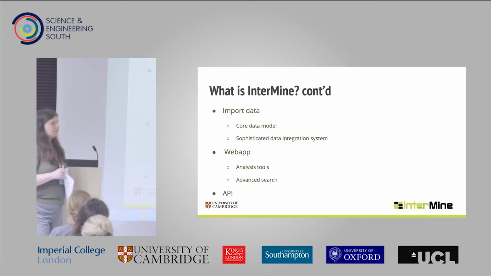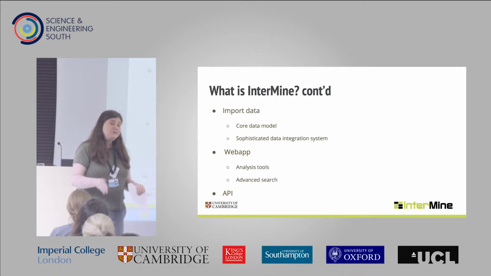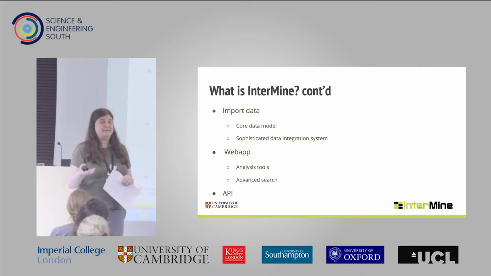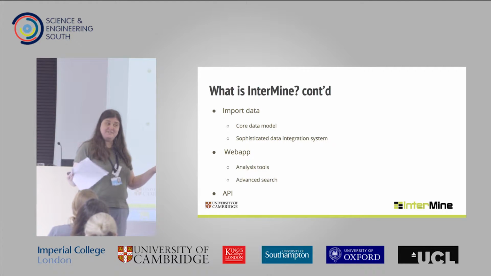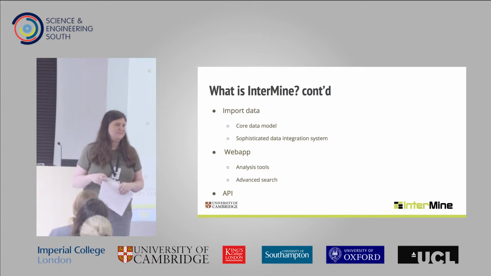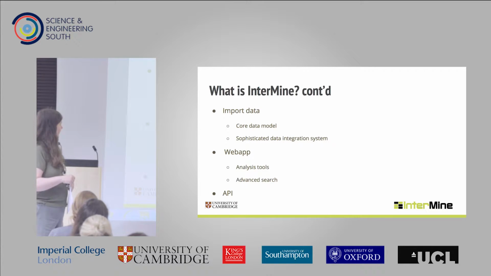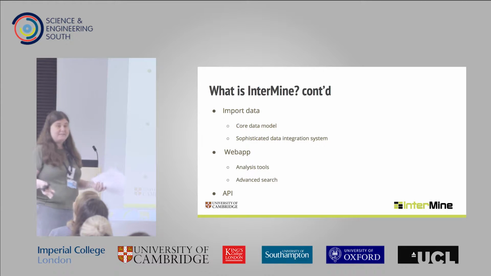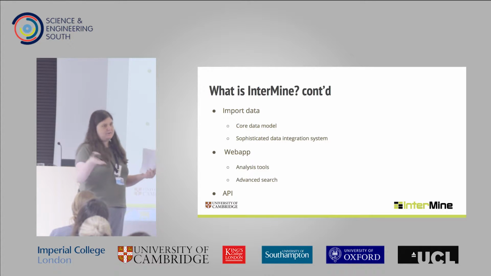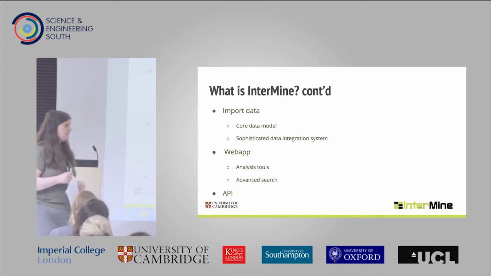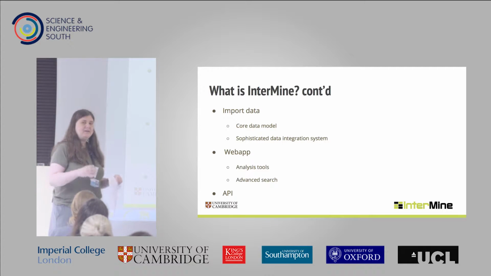So there is a core data model in InterMine. When you import your data file, you match your data to the data model. By data model, I mean the relationships between the data, like one chromosome has many genes, that one-to-many relationship. So that's what I mean by the core model. That's important for data sharing because you're able to search across the InterMines because you know what the data looks like. If your data doesn't match the core model, you can extend it, but every InterMine has a core